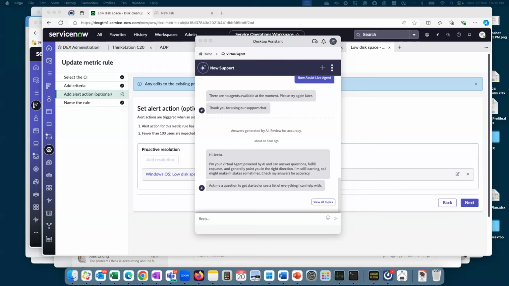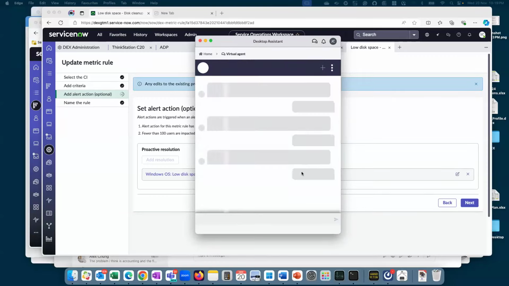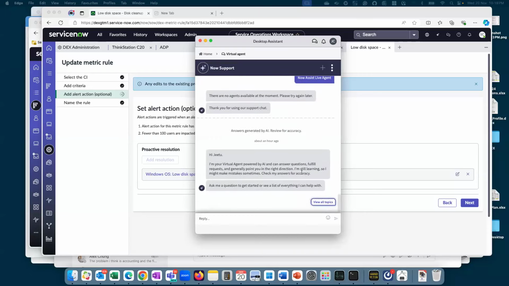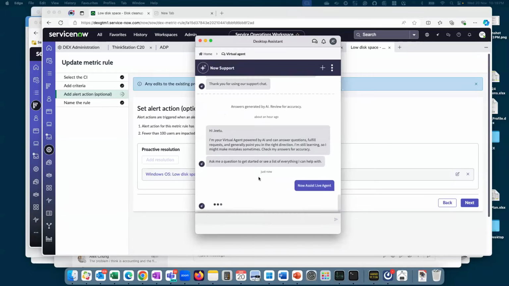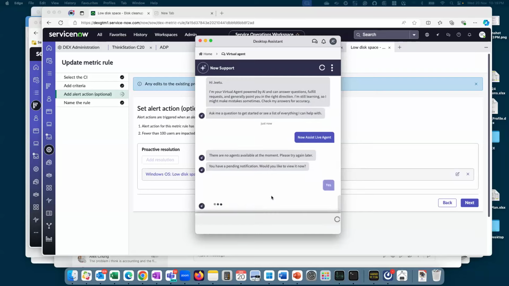What else I can do, I was talking about proactive engagement earlier. So I can also see those proactive engagement communications directly in Desktop Assistant. And let me see if I can trigger one of the PE actions. Yeah, so here is the PE action. I got a message saying you have a pending notification. Would you like to view it now? So that's a capability from proactive engagement. And if I say, as an end user, yes,